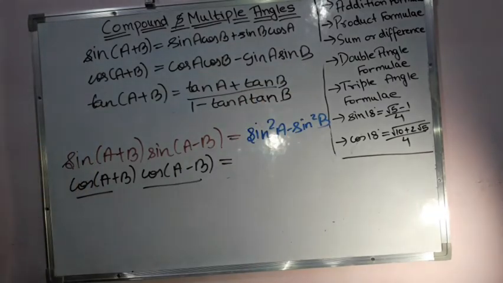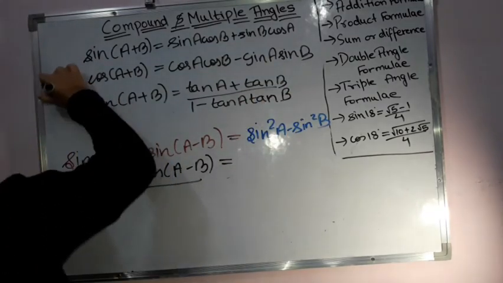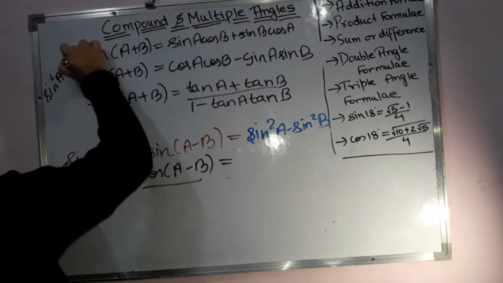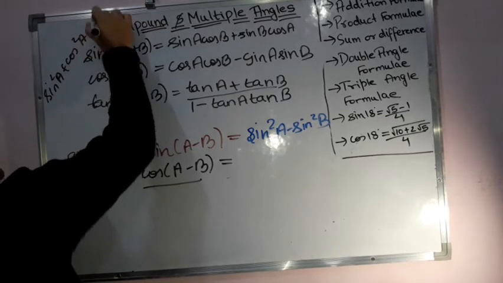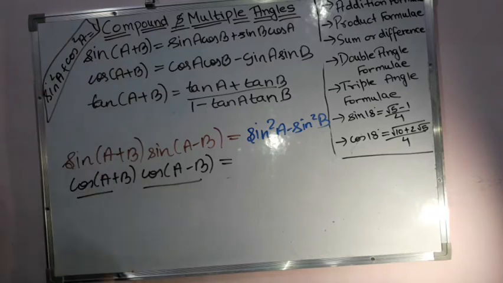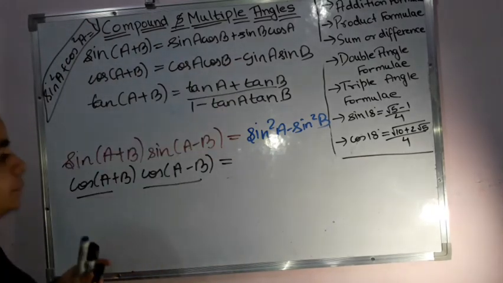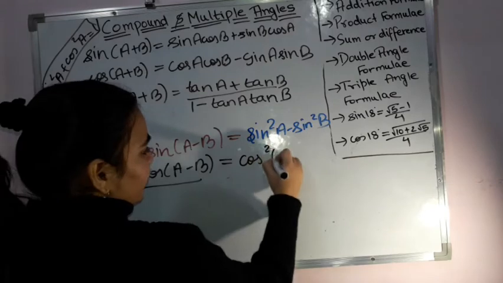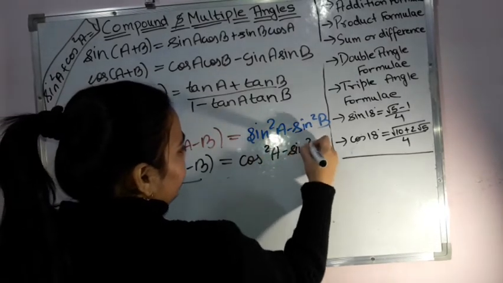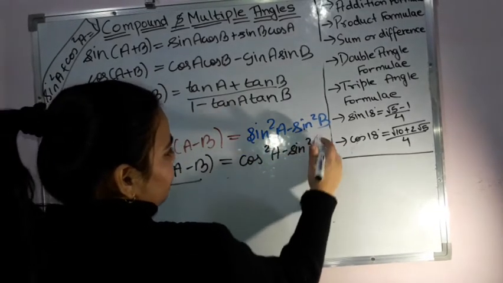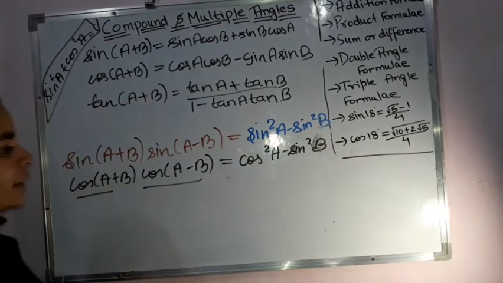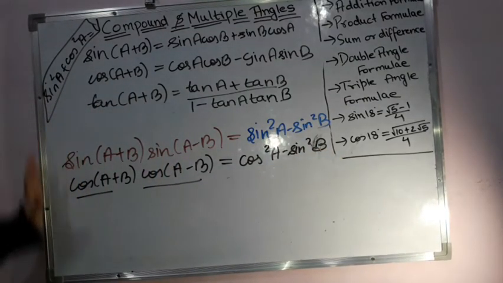when you simply reduce it by the formula that you have, sin square A plus cos square A is equal to 1, and that is why I was telling you to watch the previous video, which is based on these trigonometric functions. This is a property that you have, sin square A plus cos square A is equal to 1. With the help of that, for this you will get cos square A minus sin square A, or minus sin square B actually. Okay, so like this you will have it. Okay, so like this you can derive the product ones which are there.